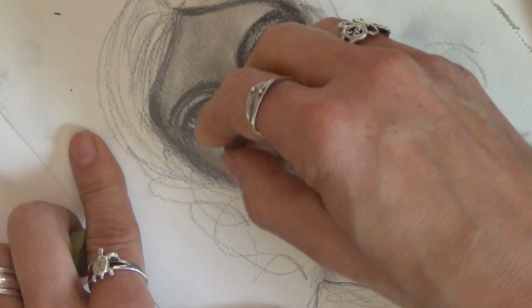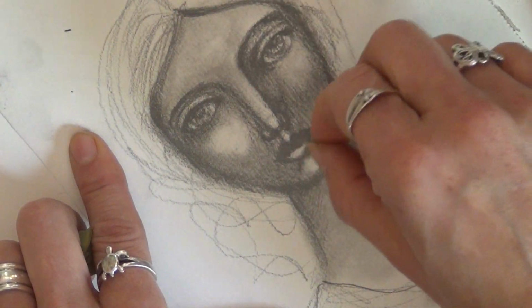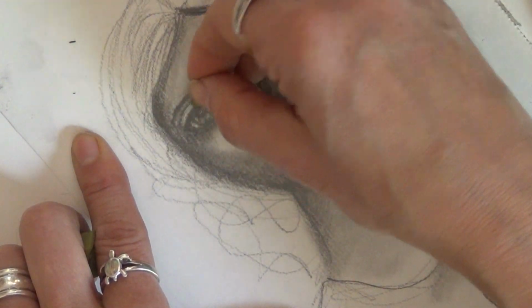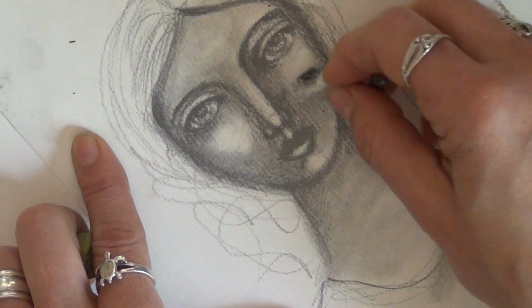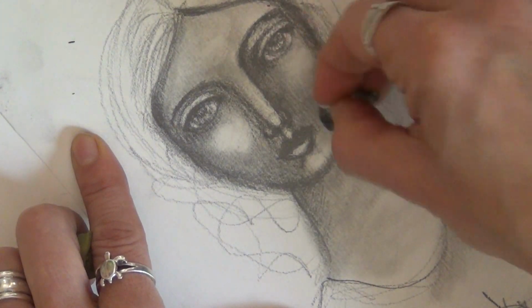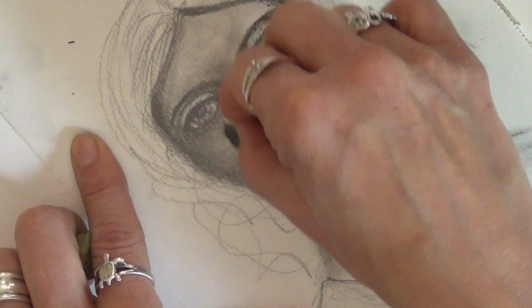Oops. And again, I pick up some light. And this time, this is where I go with my blending stick and blend some of these lights with the mediums